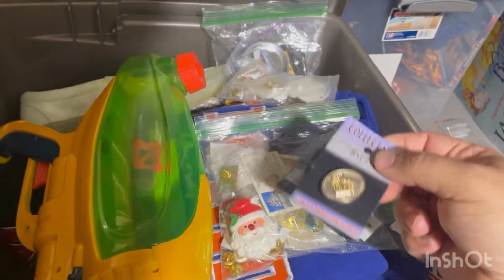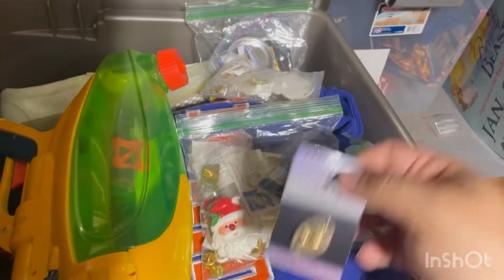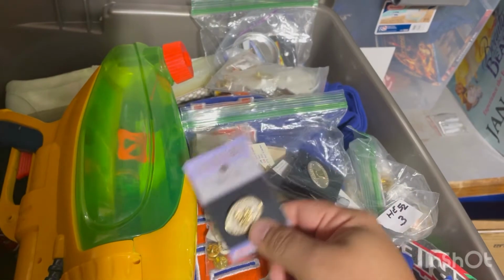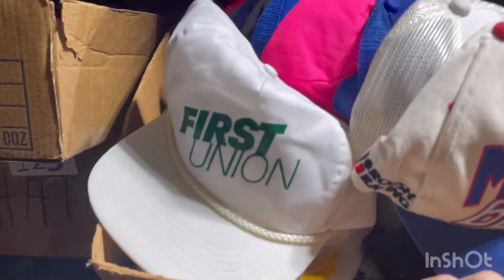They're super easy to list. Obviously, they're pretty easy to store and pretty easy to ship. So they're just easy money, not big money, but they work well. In here, probably in the bottom, and I don't know if I'm going to be able to film myself digging for it or not,